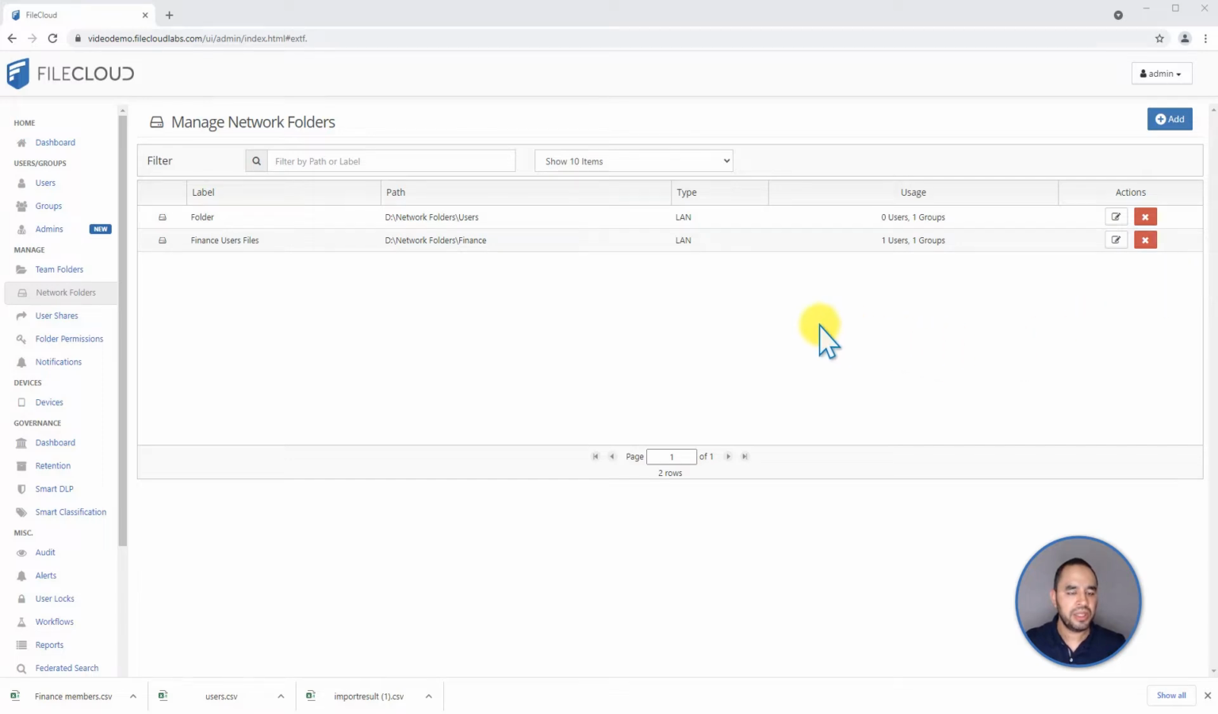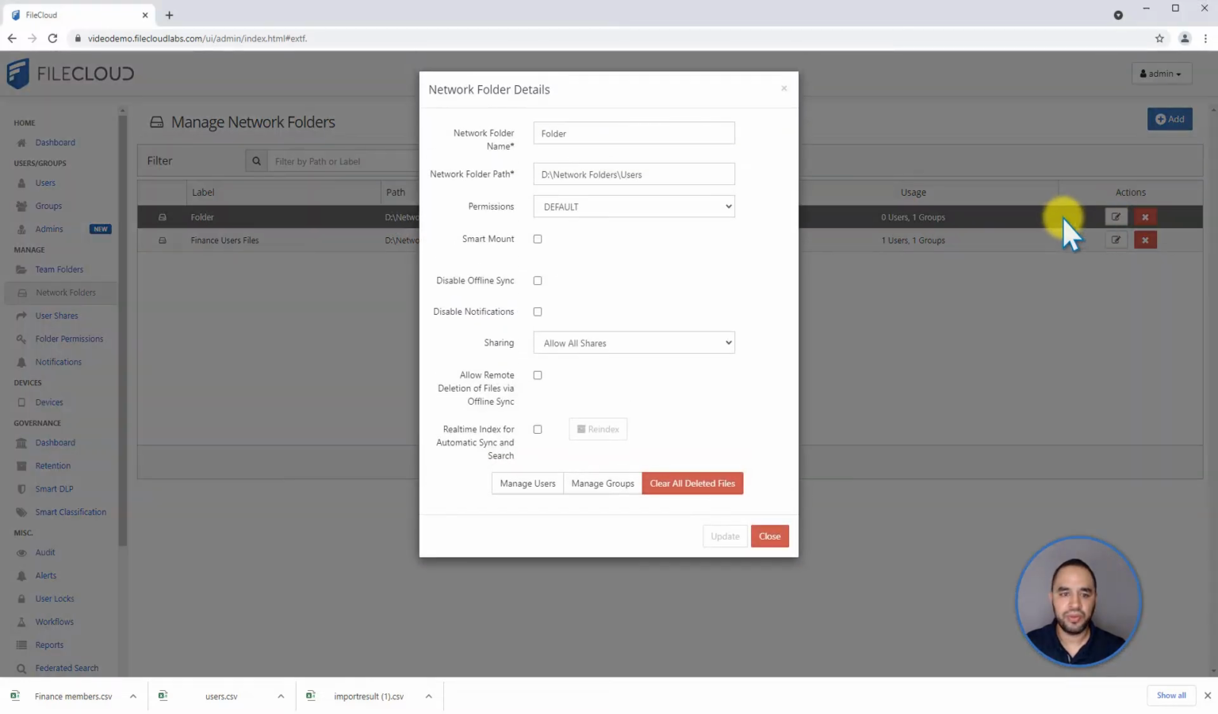Now we're going to see what our other options are available to these network shares. If I click on the edit button on one of the network shares, you can see that I am prompted with the following information. I can change the way this network folder is going to be shown on the front end for the users. I can change to a different network path. I can also change if I'm using the default permissions or NTFS, or if I want this to be now